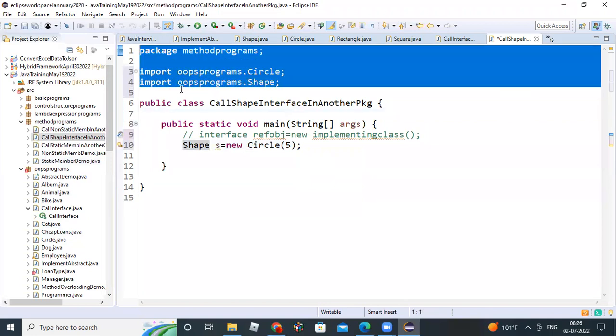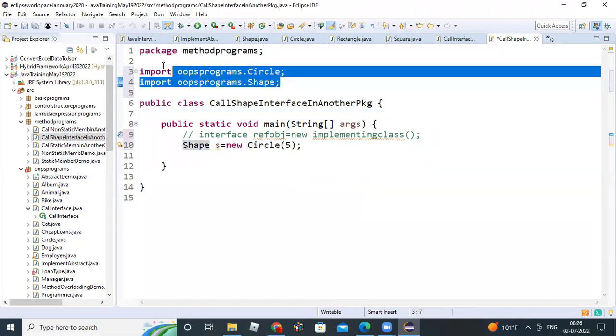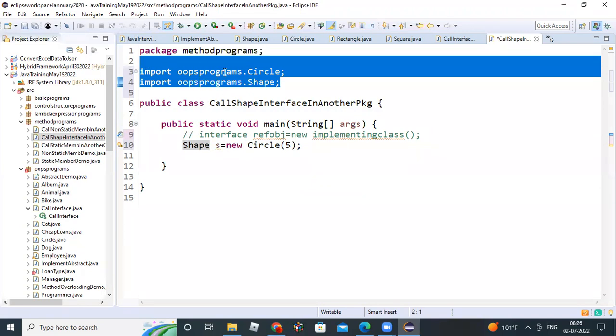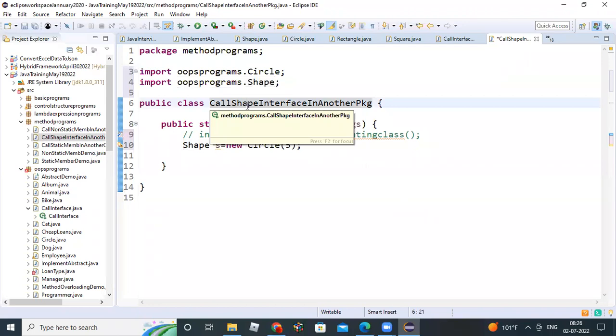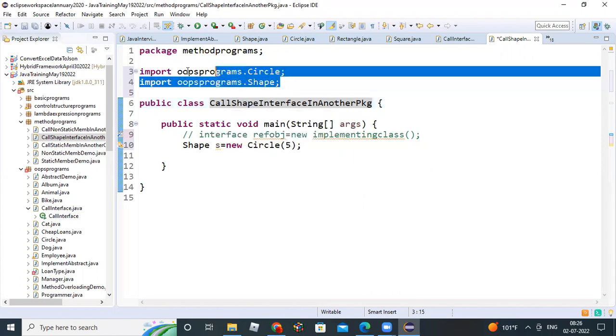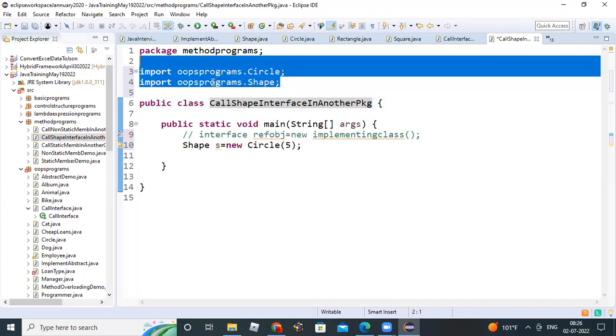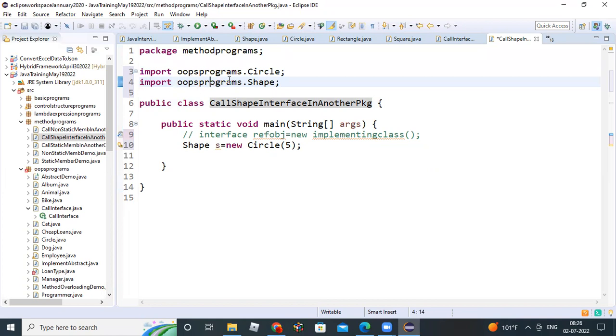Import. So you don't forget this, make a note of this. If you want to call one package's members in another package, what do you need to do first? Import. First import, then